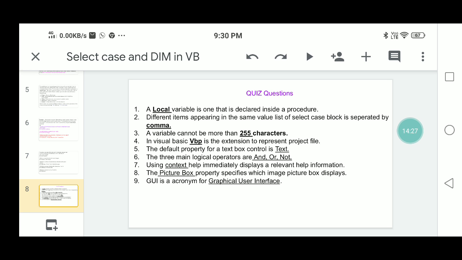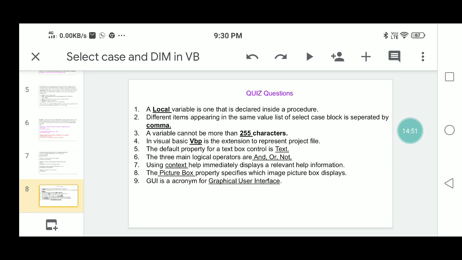Then next, here is a quiz. A local variable is one that is declared inside a procedure.